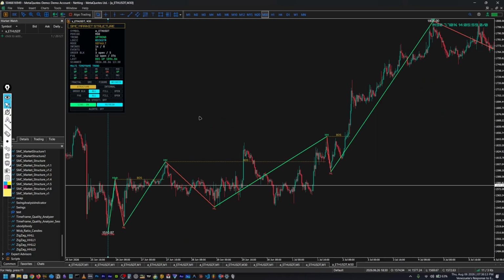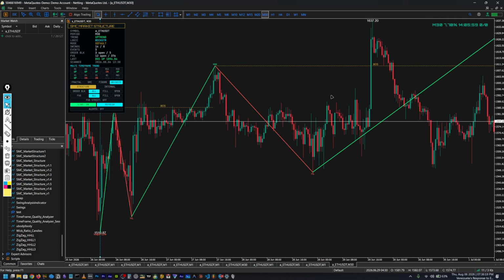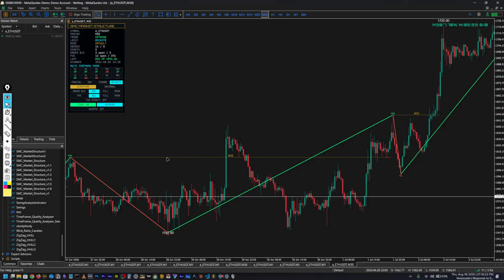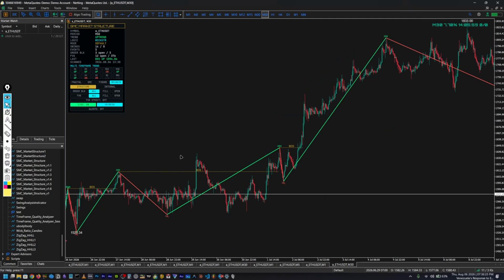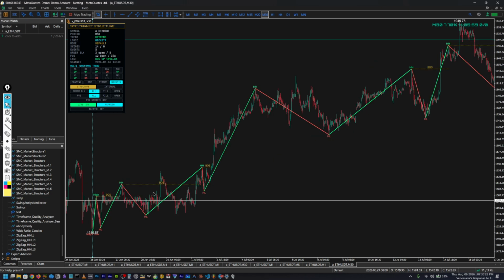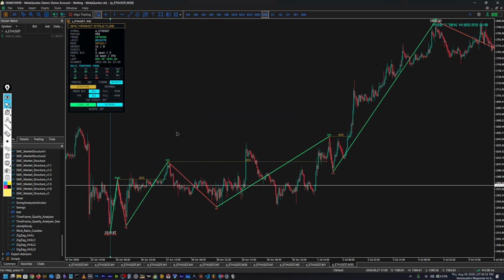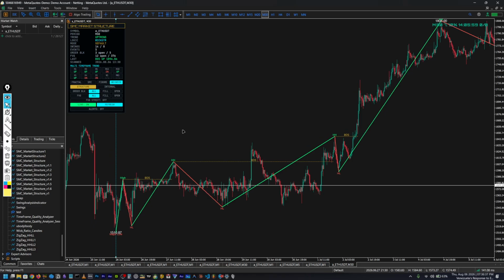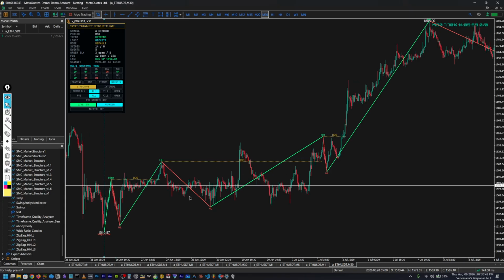I'm going to add this line here, and you can see it's giving me a perfect break of structure, higher high. And here you see this is not a breakout as per my logic. Whatever logic I have used is very precise, because it filters the noise in the market structure. I have studied various types of market structure which are valid in SMC, ICT, and Dow theory. Then we have higher high, higher low, but all of them create noise, so your stop loss gets hit. But in this structure mode, when you use the wick str, which is a unique feature of this indicator,